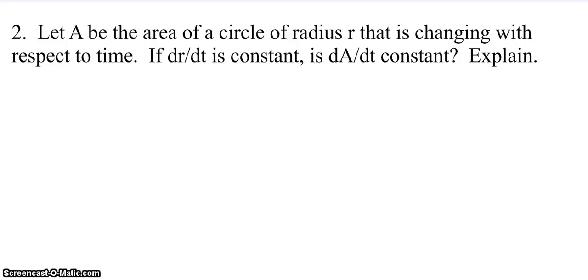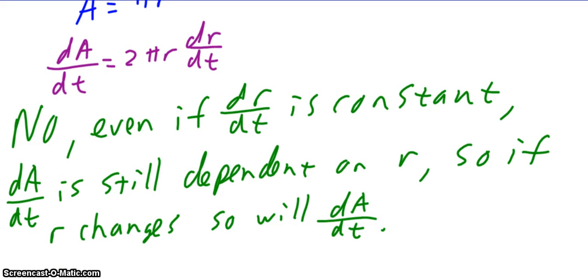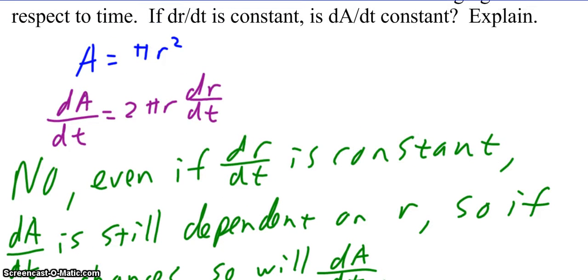Next, let A be the area of a circle of radius r that is changing with respect to time. If dr dt is constant, is dA dt constant? Explain. So pause the video, explain this, unpause when you're ready to check your work. Okay, so hopefully you said no. And we can see that, so if I set up the area equation, A equals pi r squared, and I